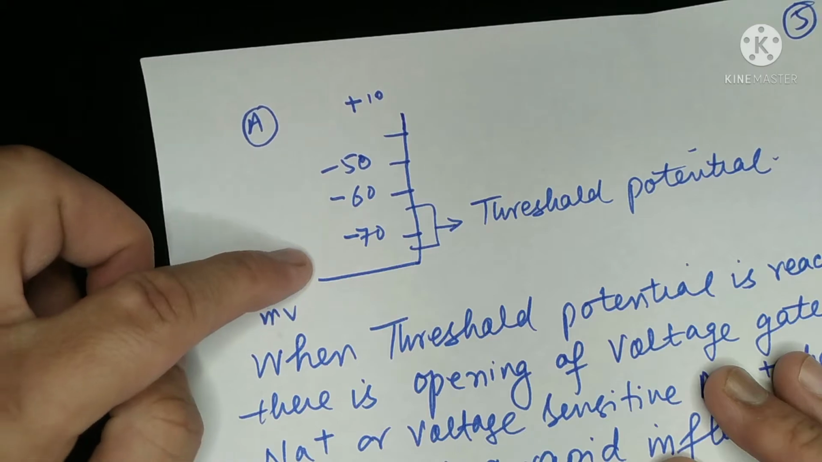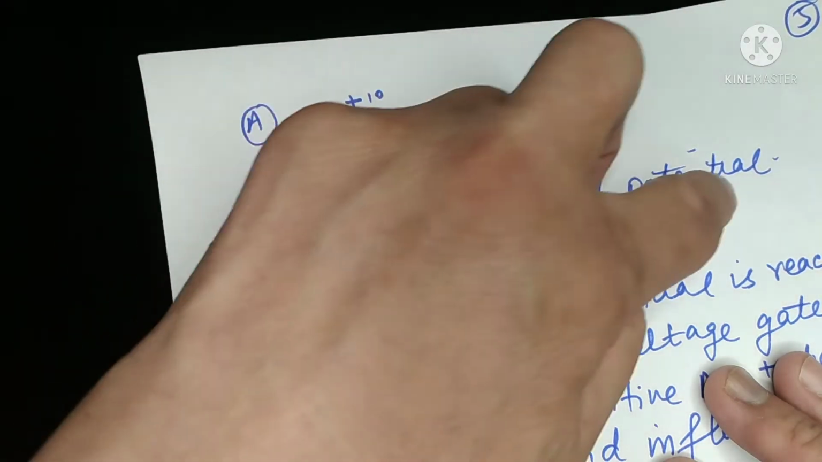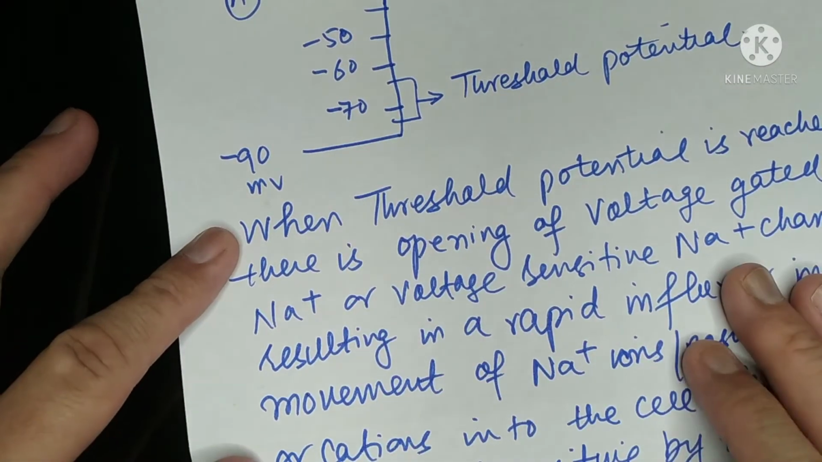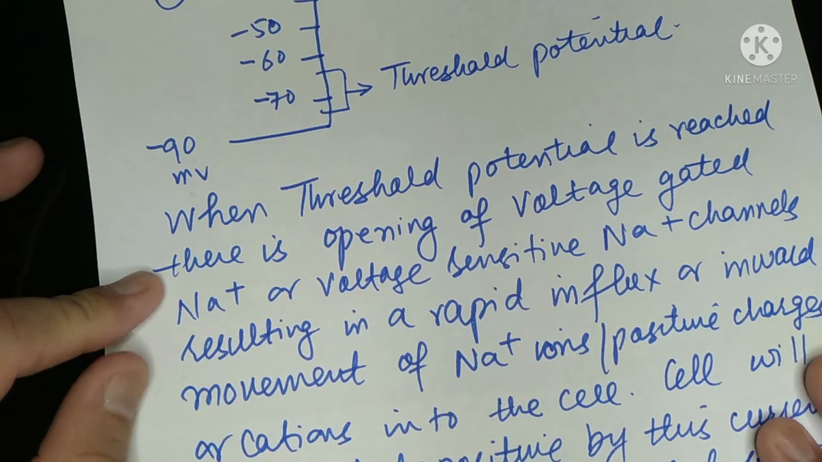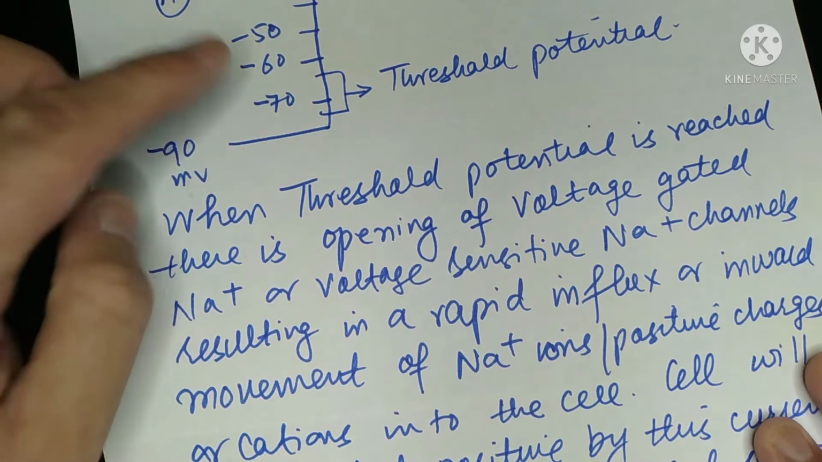So it started moving toward the more positive values. When the minus 70 millivolt or threshold potential is reached, what happened at this level? When threshold potential is reached, there is opening of voltage gated sodium channels. So these voltage gated or voltage sensitive sodium channels open up when the threshold potential is reached, as a result